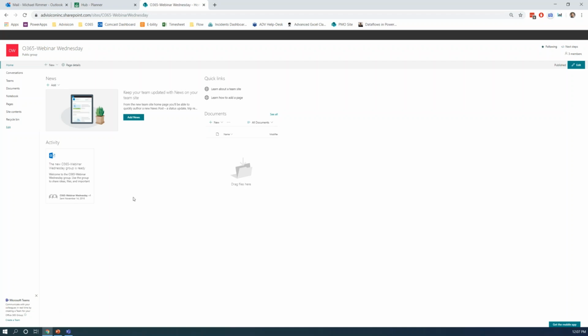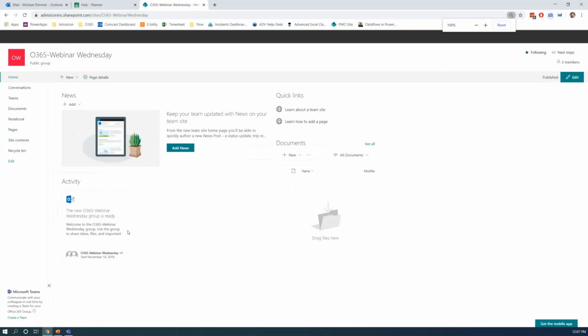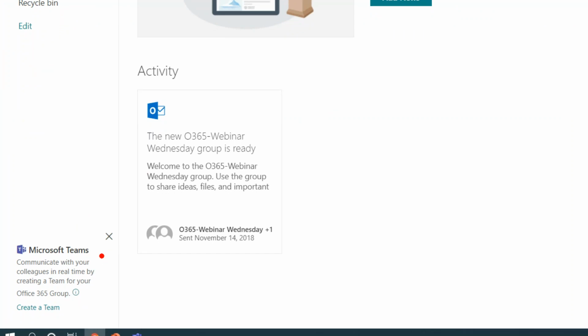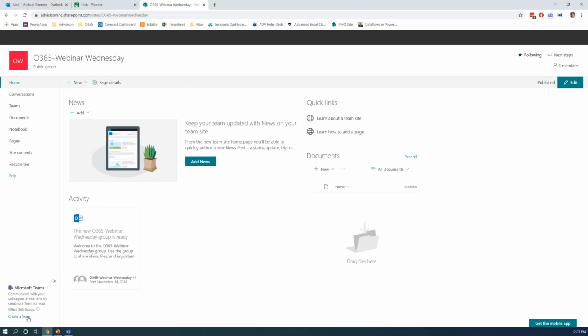Now this is a little bit small. I'm going to make it bigger for you. You can see down here on the bottom left, Microsoft gives me the option to create a team directly from this group. If I go ahead and click on that, it's going to create my team for me.